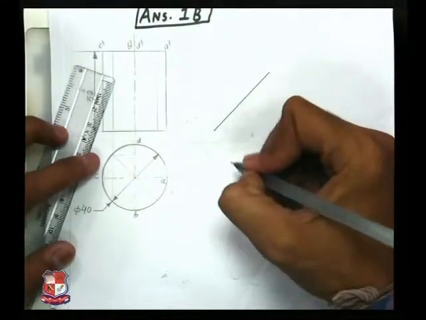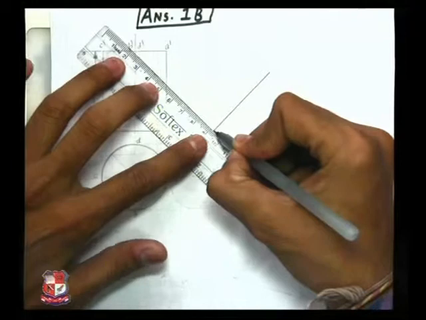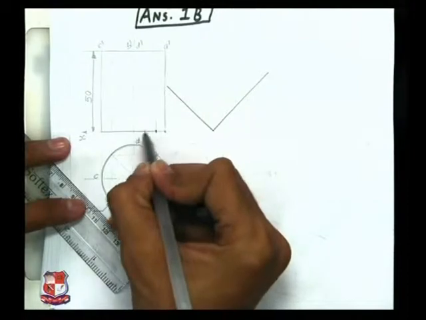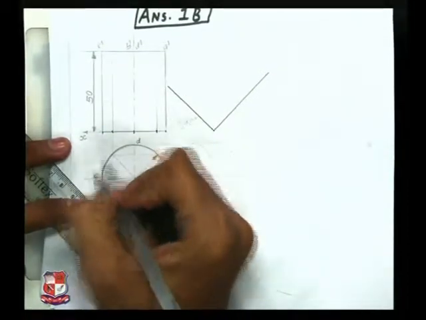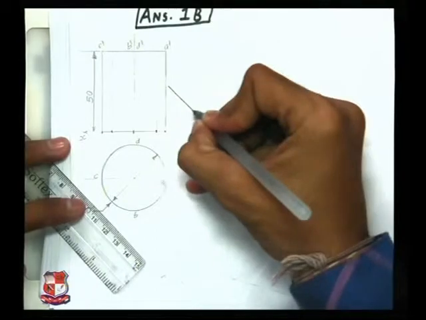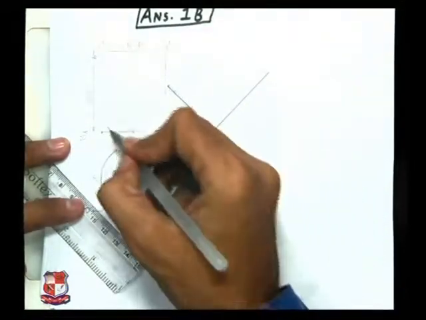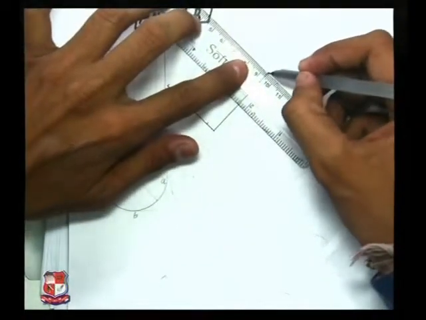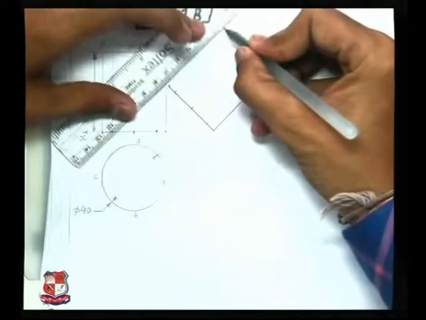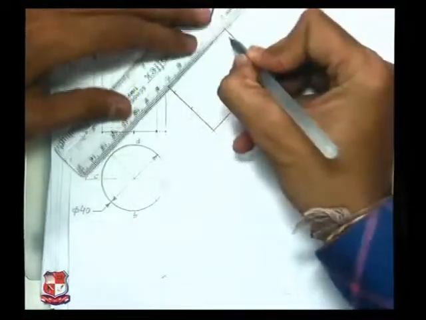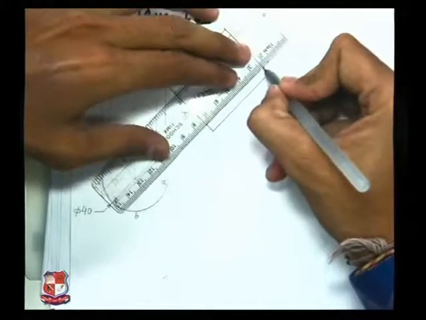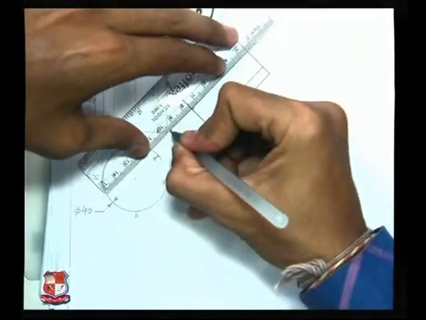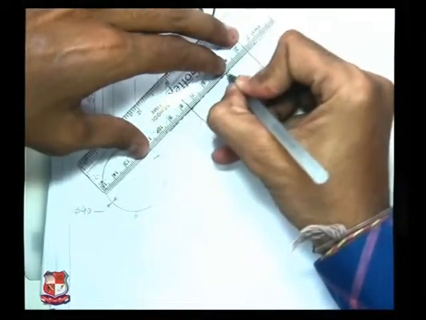This line makes an angle of 45 degrees with the XY line, and draw another line like this and project these points. Here points A, B, C, D, E are there. So project all these points onto these lines also. Measure the distances from this and transfer those distances to here, and redraw this rectangle like this. So we have just redrawn this front view such that the axis of this cylinder makes an angle of 45 degrees with the XY line, and this is the axis of the cylinder.